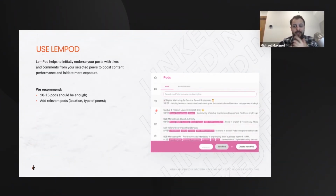Okay. So another great recommendation or tool. I'm not sure if all of you guys are familiar with this, but this tool is called Lamppod. You can Google it, the website is lamppod.com. I'm not affiliated with this tool, but I actually use it a lot. And what does the tool do is